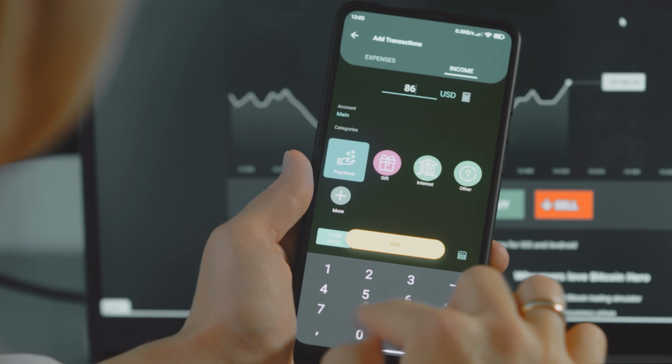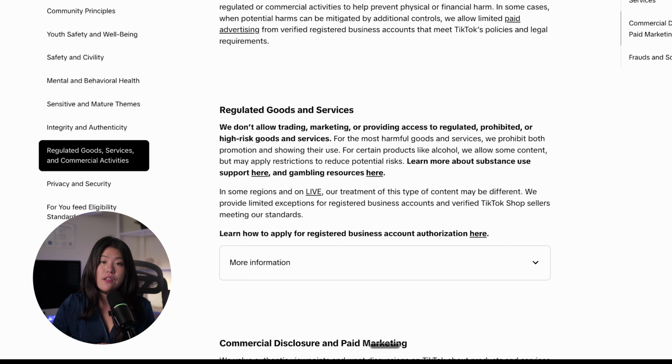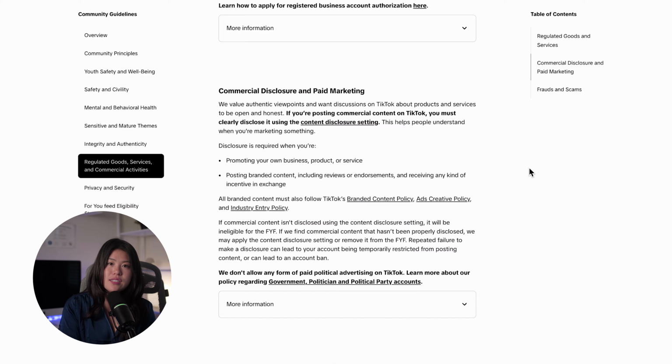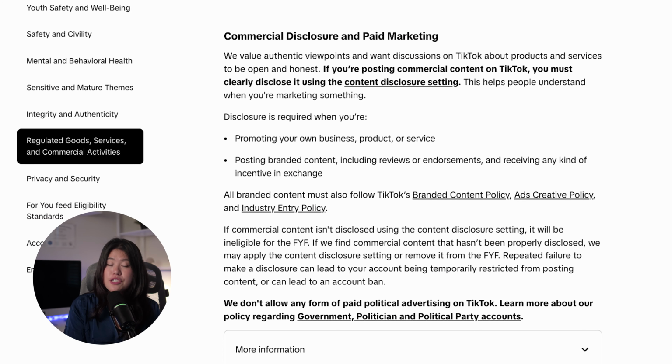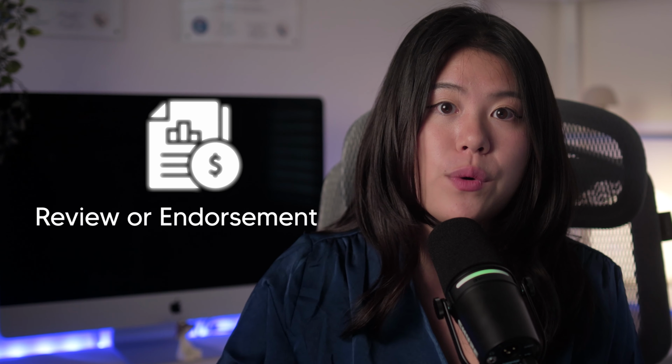This is the part most affiliates never think about. TikTok treats certain categories as higher risk: finance, health, supplements, weight loss, alcohol, gambling. If the product you're promoting falls into one of these, the rules tighten fast, and TikTok can limit your reach or pull the post. And your affiliate program usually has its own rules on top of that, so before you promote anything in these spaces, check both. So this turns disclosure from a suggestion into a rule. Anytime you post something you benefit from financially, including a review or endorsement where you get any incentive, TikTok says you have to disclose it.